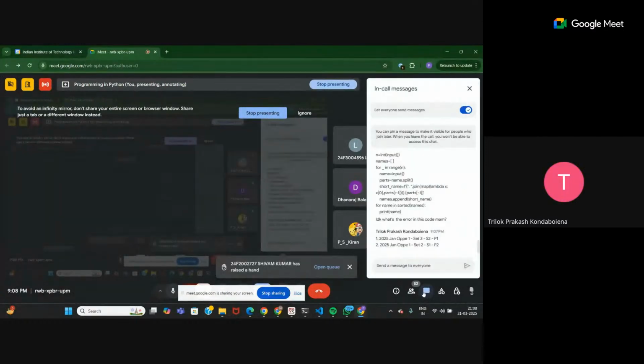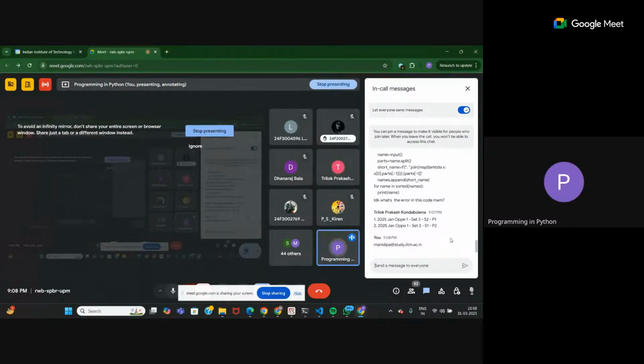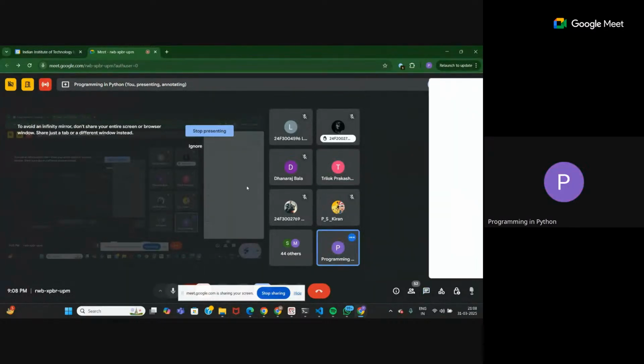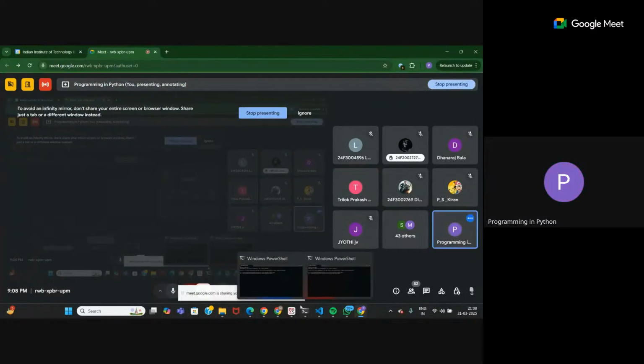Yeah, it's set 3 and set 2 in 2025. Can you do one thing? It will be better. Last week also one student did this. Can you send this in mail in case I lose it? I don't have these papers with me right now, so I need to check the problems. Okay, ma'am. Just mail it to me, I'll send you the answer by tonight only. Just send the question code. Yeah, I've sent you my mail. Just send it as a mail. That's it.